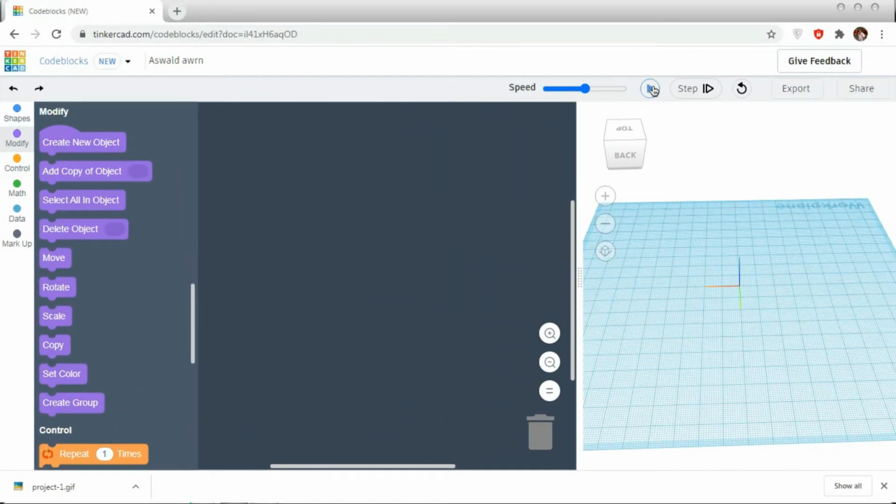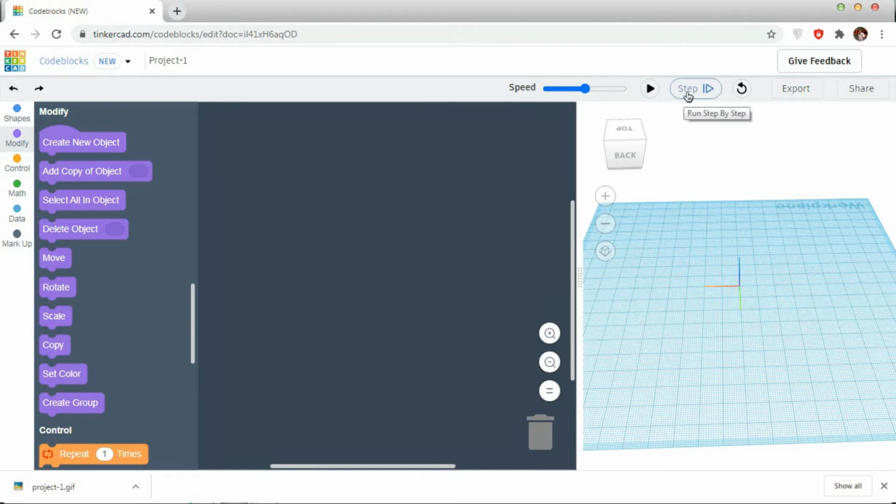So first, you have to go to your new project. The first thing you have to do is rename your project. I'm naming it project 1. Then we have a speed bar here. The speed bar controls the speed at which our project is made. If I'm using 2-3 objects, I can keep the speed at medium, low or maximum. You can see it while using the components.